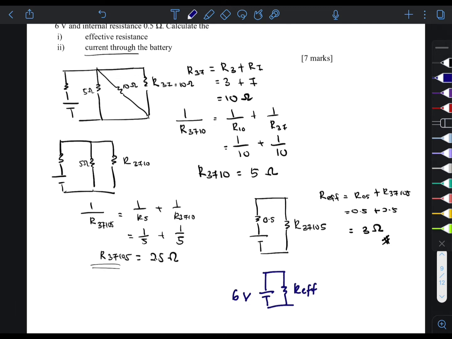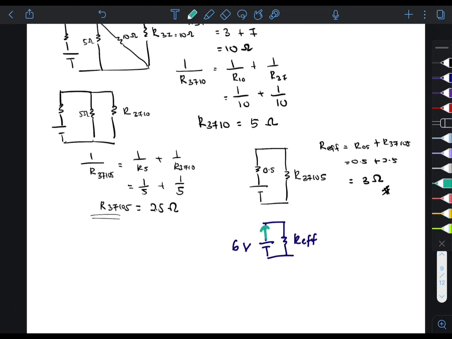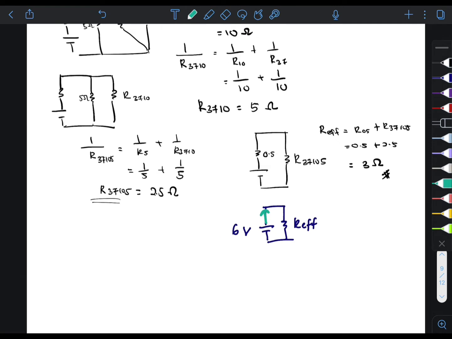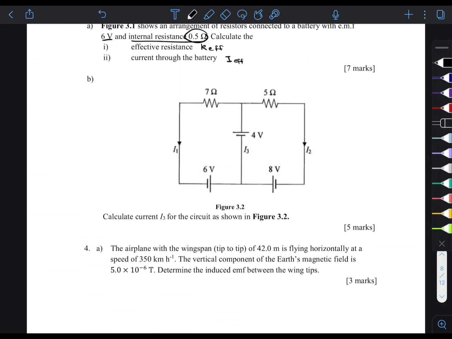Sebanyak 6 volt. Betul tak? So kita nak tahu apa current yang akan keluar daripada battery ini. Okay, current yang keluar dekat sini. Therefore, apa yang jadi sebab kita ada battery. Battery kita adalah EMF. EMF kita sebanyak 6. And then EMF is equals to I R dekat sini kita dah gabung semua resistor, so dia akan jadi R effective. So your I here becomes EMF over R effective, where your EMF adalah 6, R effective adalah 3, so you'll end up with 2 ampere. Right? So next we're going to look at question